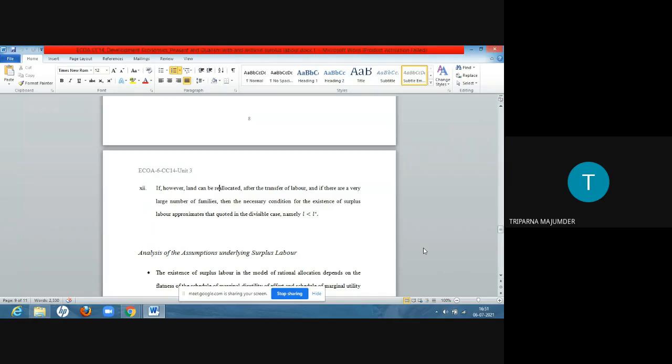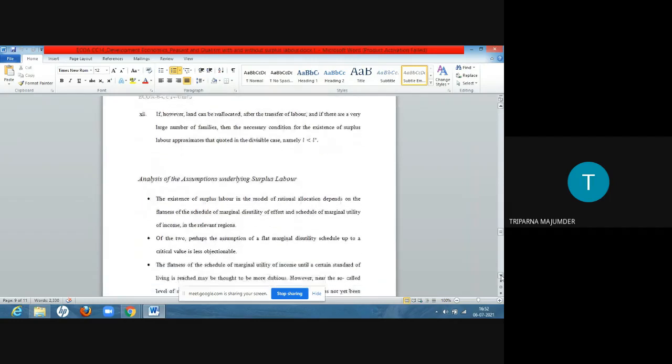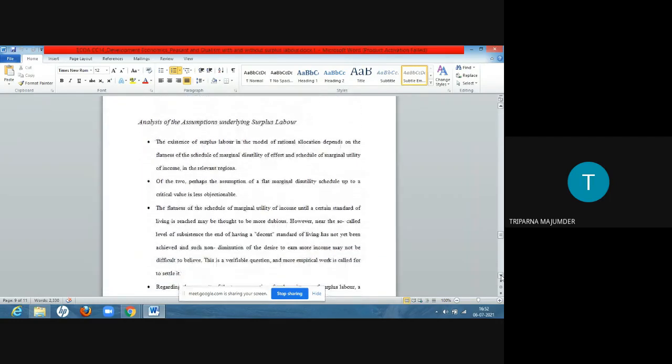We are just saying that the condition for where surplus labor exists is L less than L star, and if we cannot withdraw labor in divisible units, then it's alpha by alpha minus 1, L less than L star, and only then can surplus labor exist. Here we have not talked in terms of value of marginal productivity. It's clear up till here?